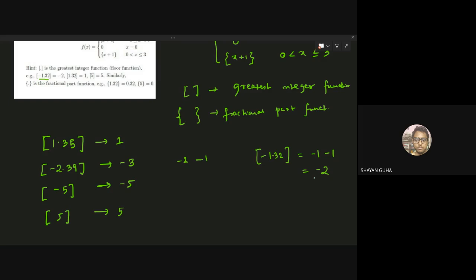Now real numbers contain negative values and positive values. For any particular integer it will behave as it is, but for any negative real number it will take the integer part and add a minus 1 to it, and for a positive real number it will just give me the integer part of it. Now if you have any doubt regarding the box function,